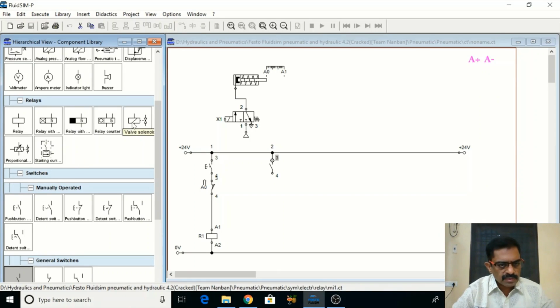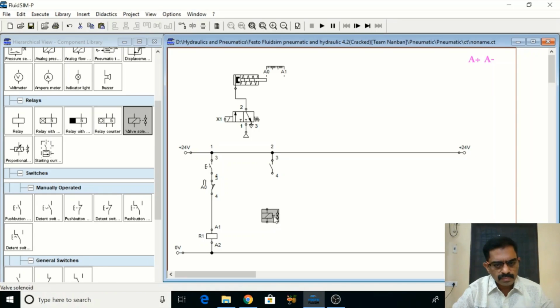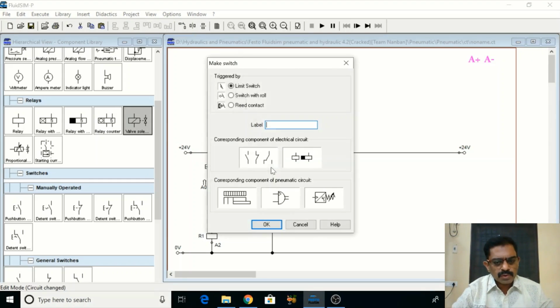So valve solenoid, this I can choose, and I can connect here. So this is my circuit. So if this relay gets actuated, this will become closed. So this I can name same R1,